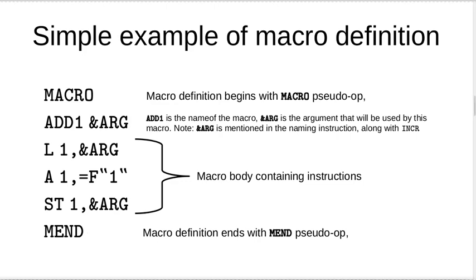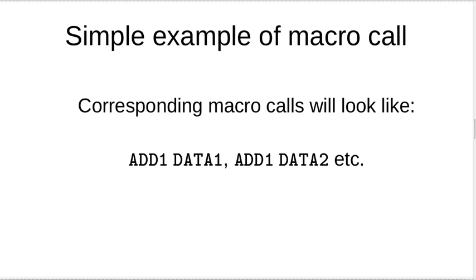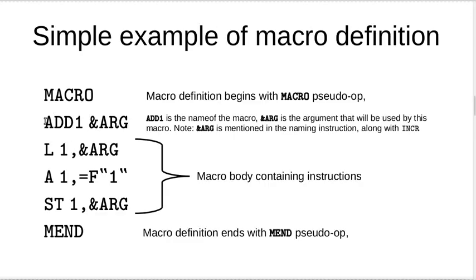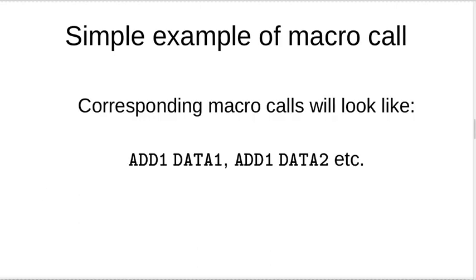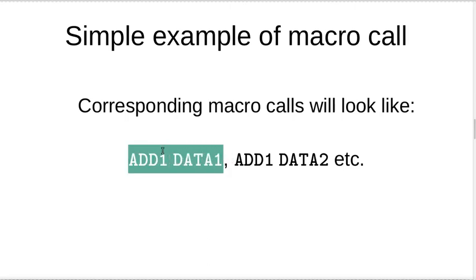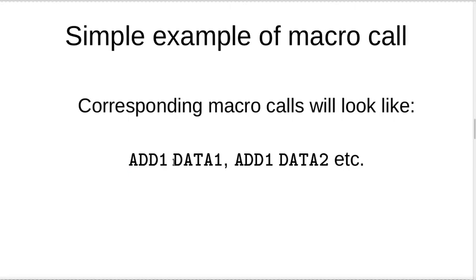Okay. Moving ahead, a macro call, right? For this given macro definition, which has the name add1 and which has an argument &arg, what would the macro call look like? The macro call would look like this: the name of the macro definition followed by an argument that is passed, right? So we could simply make a macro call using add1 data1, right? So add1 data1 is a simple macro call where add1 is the name of the macro, data1 is the argument passed to it. Similarly, add1 data2 could be another macro call where add1 is the name of the macro, data2 is the name of an argument. Fine. So this is the sample macro call. This is again very simple and repetitive because we have learned this previously.